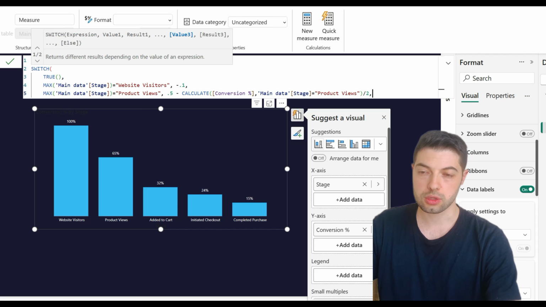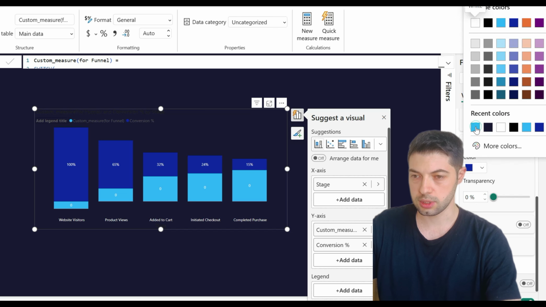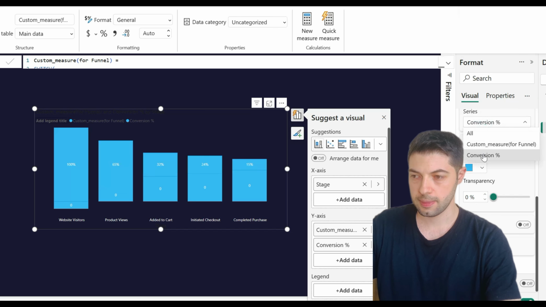We need to sort, okay, and we should sort by conversion percentage. Okay, yeah, it's good, but we should change its color. I don't like this color. Yes, we copy this and paste it to here, and we need to remove other color, just this.